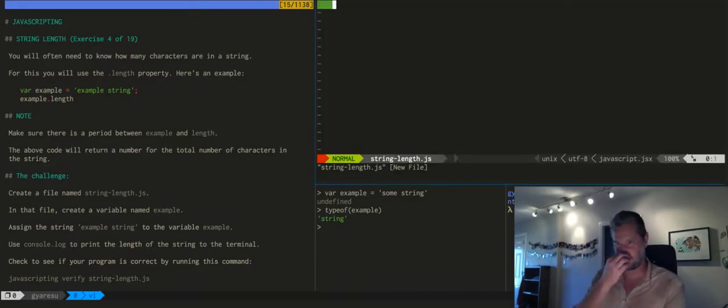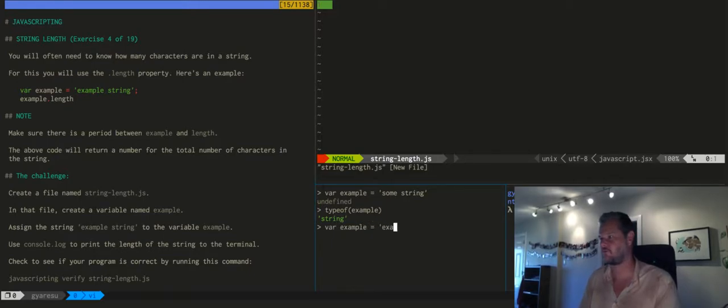Vi stringlength.js. Okay. Go between example and length. Characters, yada yada yada. Okay, so sometimes it helps if you just want to go by example string and do a test first, and then we can go example.length 14. Okay, so that seems about right. Example has 7, string has 6, and there's a space in the middle, and that gives us a total of 14. And of course, you can always look up the reference for a JavaScript string object to see what methods they have, because the length